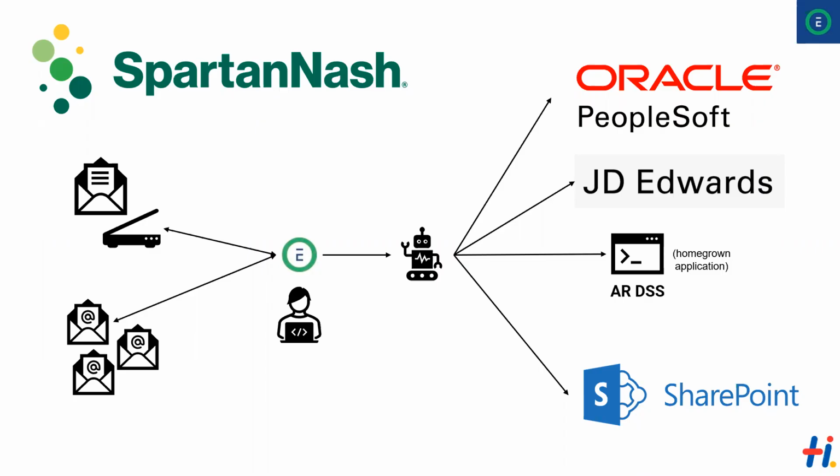But when we started executing this project, we realized the complexities in the different types of invoices, the number of vendors that SpartanNash worked with, and the different applications we had to touch while doing the processing. So we jointly agreed with SpartanNash that we'd take the top 30 vendors, which in itself contributed close to 70% of the total number of invoices. We did the automation, and we realized that the complexities of the different invoices made the automated solution's average handling time much higher than when done manually.